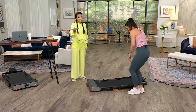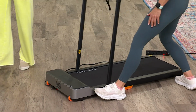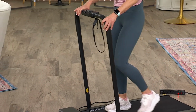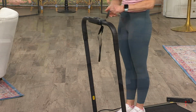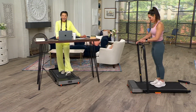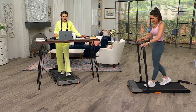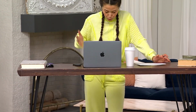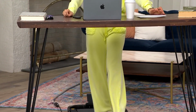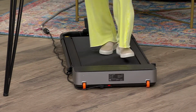And I saw the video. You can also roll it underneath some couches as well. The other thing you can roll it underneath is a stand-up desk like what I have. Because if you are thinking about how can I put something in my house that's not going to take too much room, I don't want to think about it, you're going to roll it right under your stand-up desk, or maybe you just have some kind of counter that's kind of open like this, and